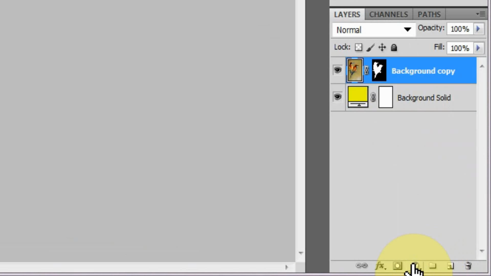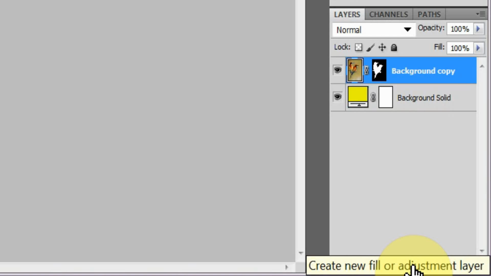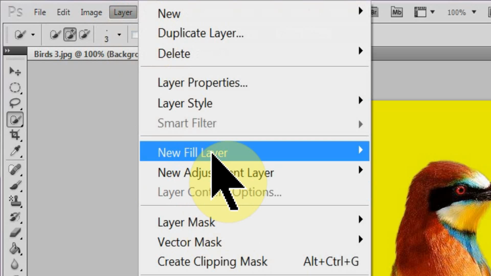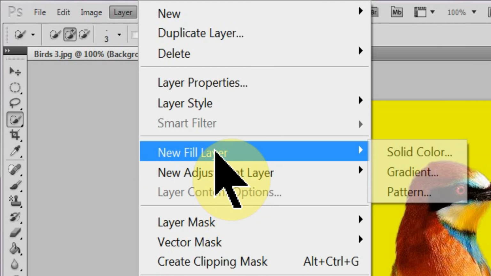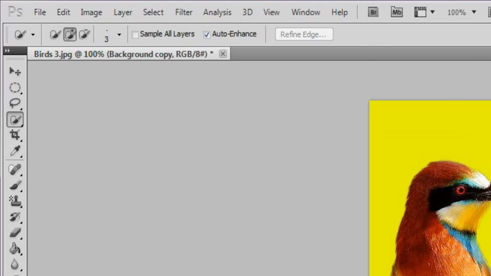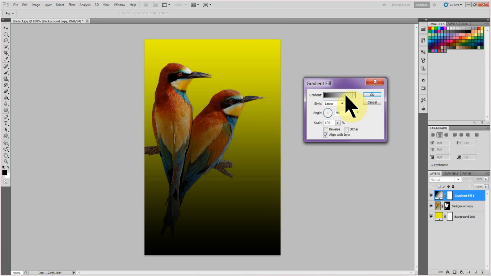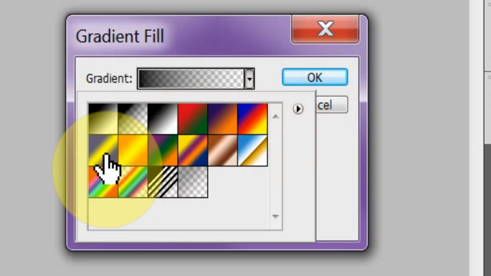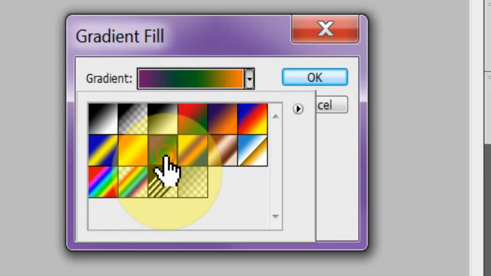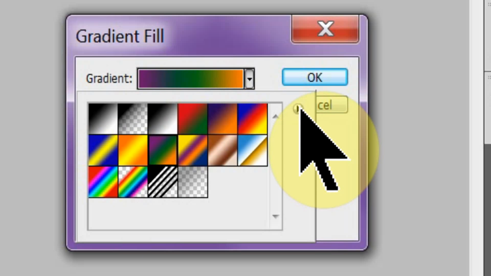I can either go down to the bottom of my Layers palette and click Create New Fill or Adjustment Layer, or I can go to Layer, New Fill Layer, Gradient. I'm going to be on this layer and click Gradient. Now you see what happens here. It's going to go with black, but I don't have to stick with this gradient. I can choose any gradient I like. I know it's covering it up, but don't worry. And if I don't like these gradients, I can always click right here on this little arrow